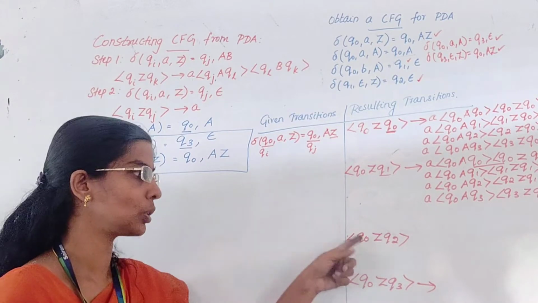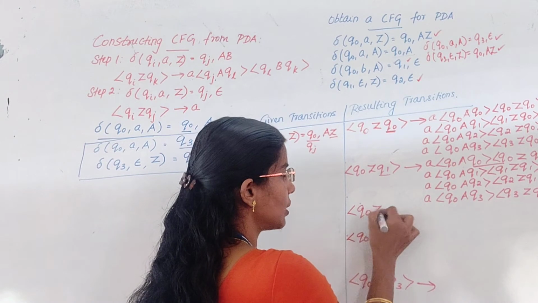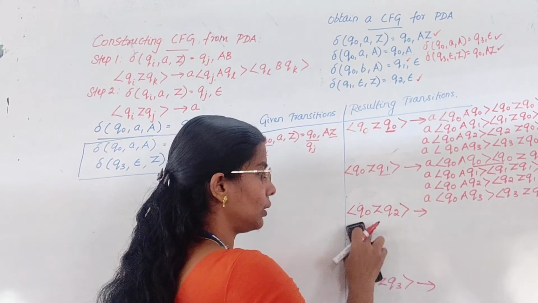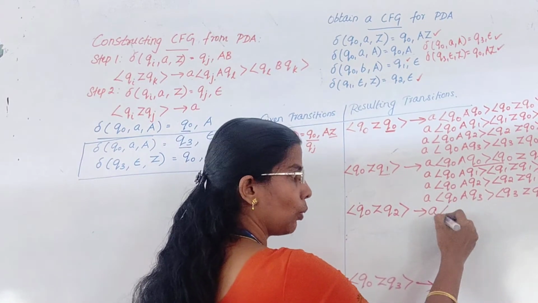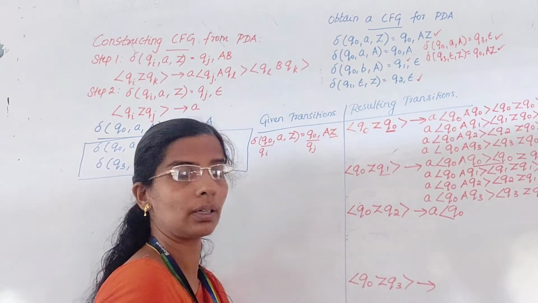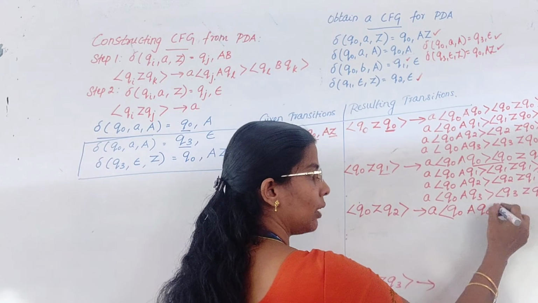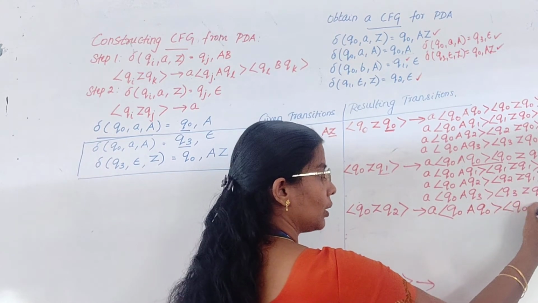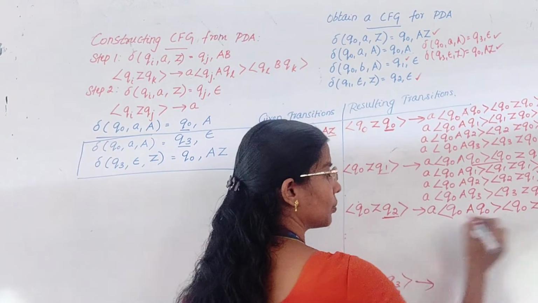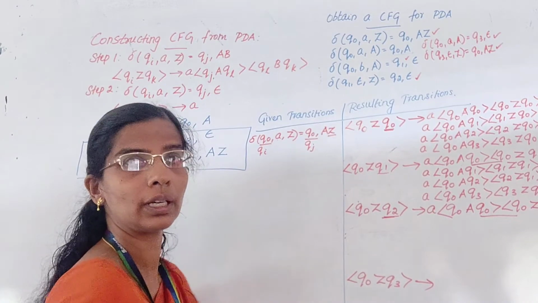Hope it is clear. Now shall we write for the next one? Right, next it is Q0 set Q2. How to write for this? A. What is my J? Q0. J is Q0. Right? Next A. What is the first possible L value? Q0. Q0 set. What is K? Q2. Now write all the possible L values.